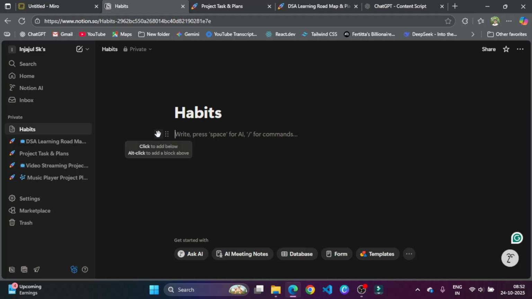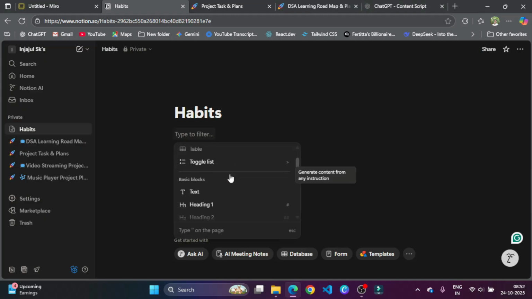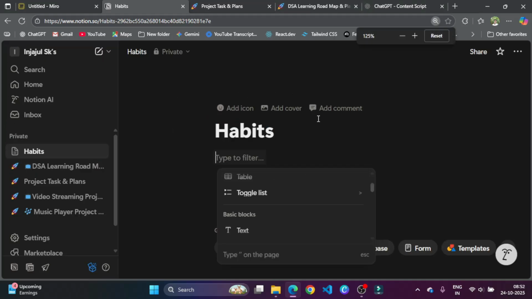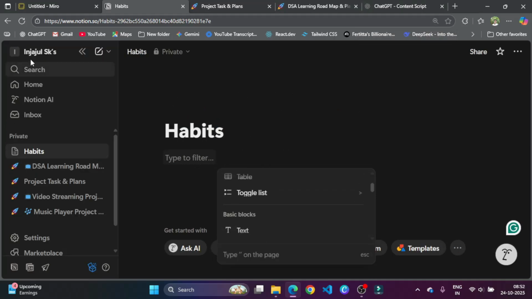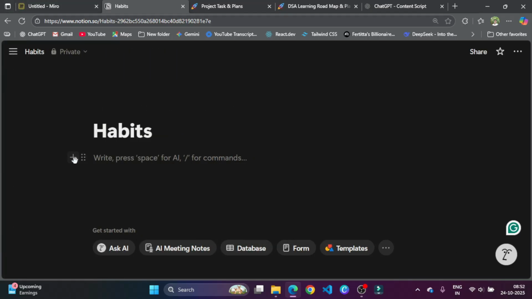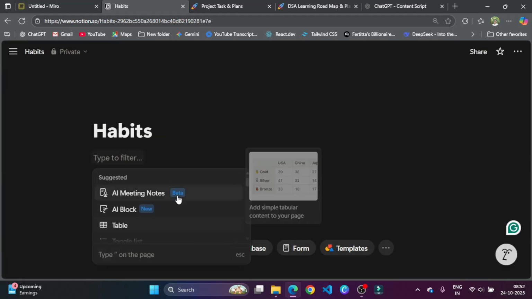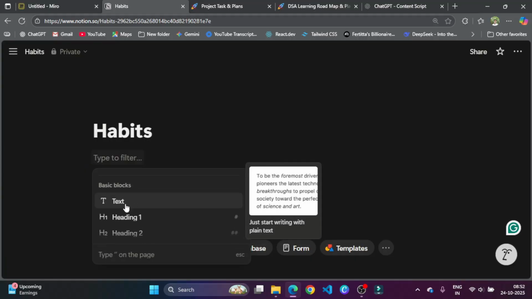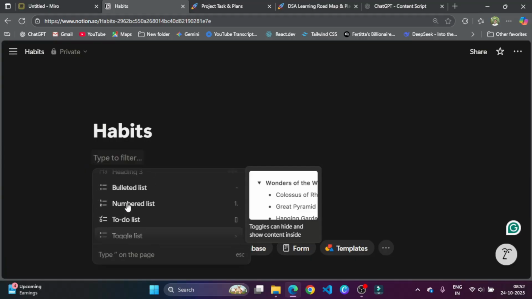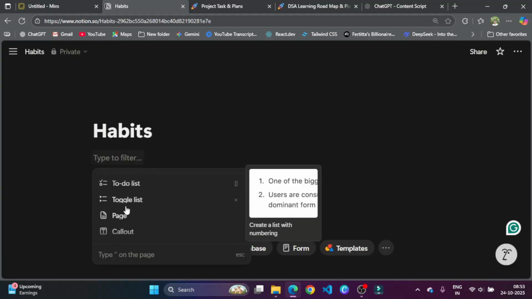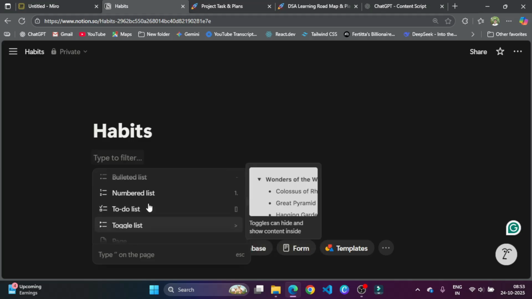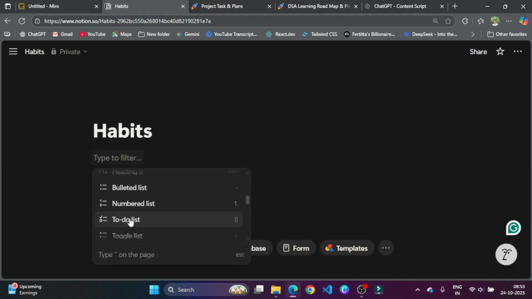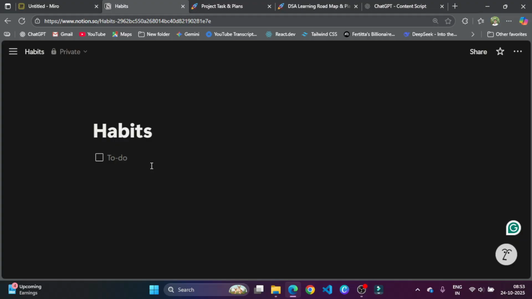So let's say if you click on it, now you can see a lot of things. All the things you can see. Let me zoom in a little bit. So you can see the tables, the toggle list, the text, heading, and the numbered list, to-do list, page. So let's say first, to-do list, and then let's say